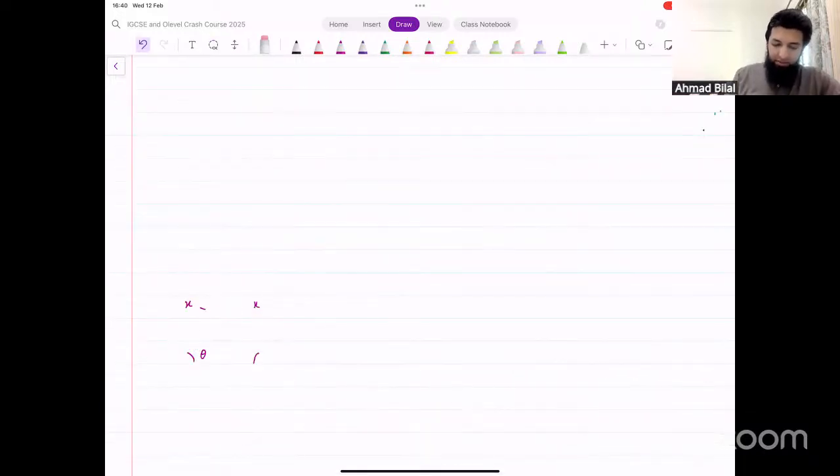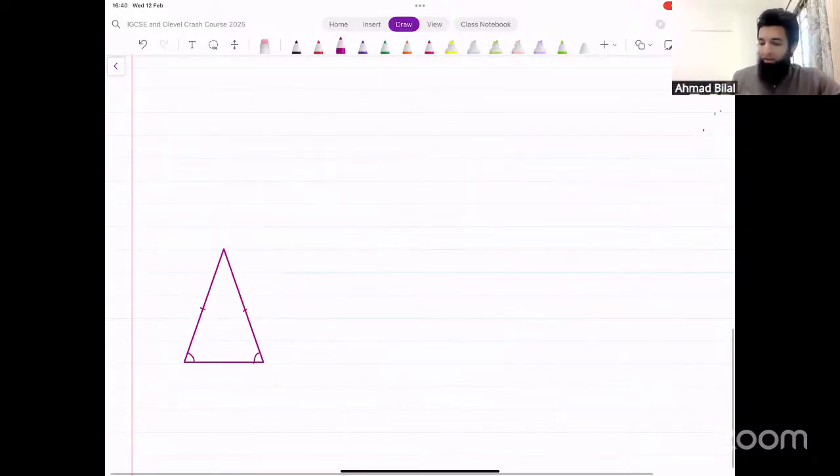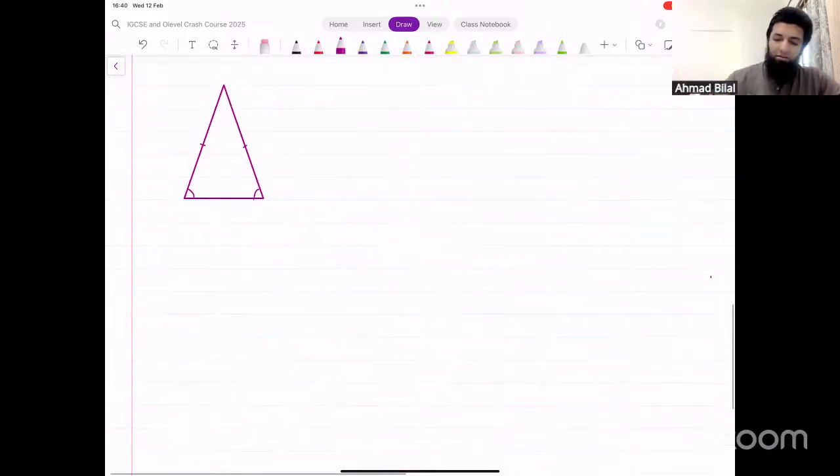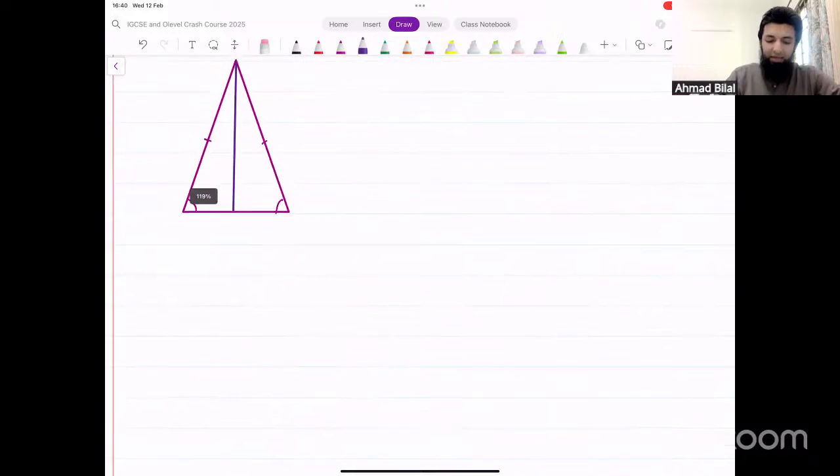In this isosceles triangle, if you were to draw a line to the midpoint of the base from the third vertex, a perpendicular line from that vertex, this line,